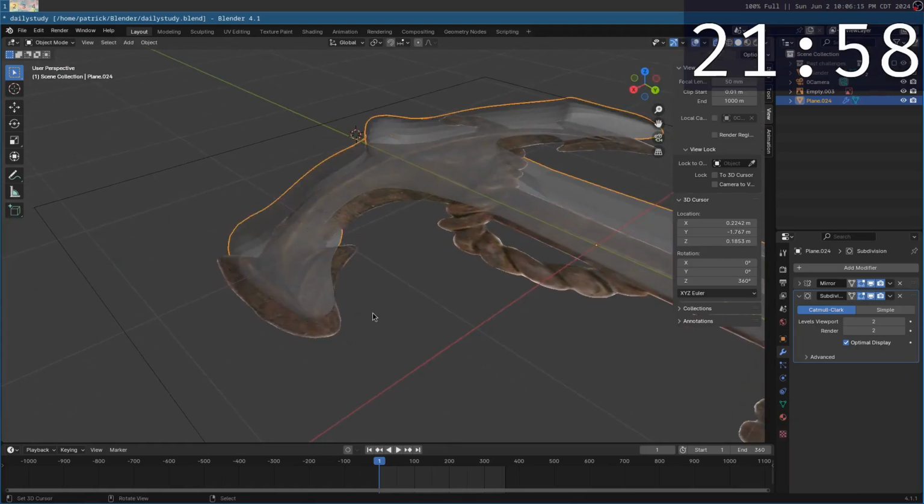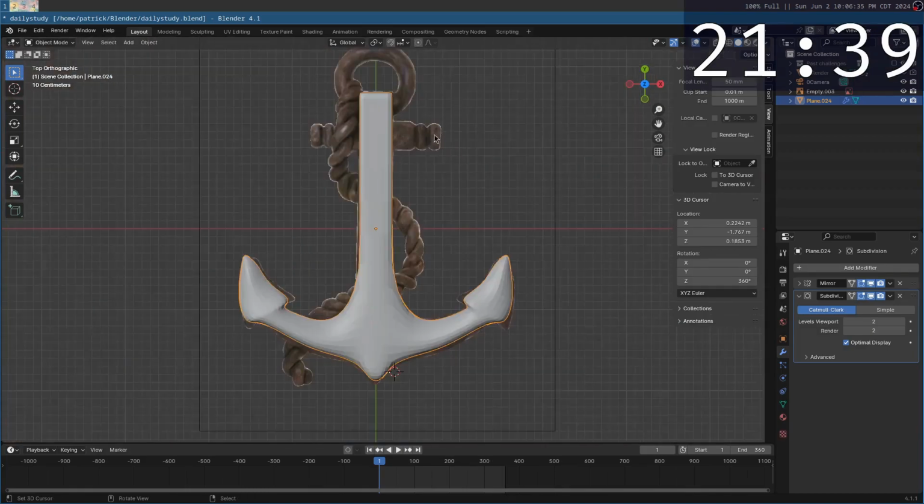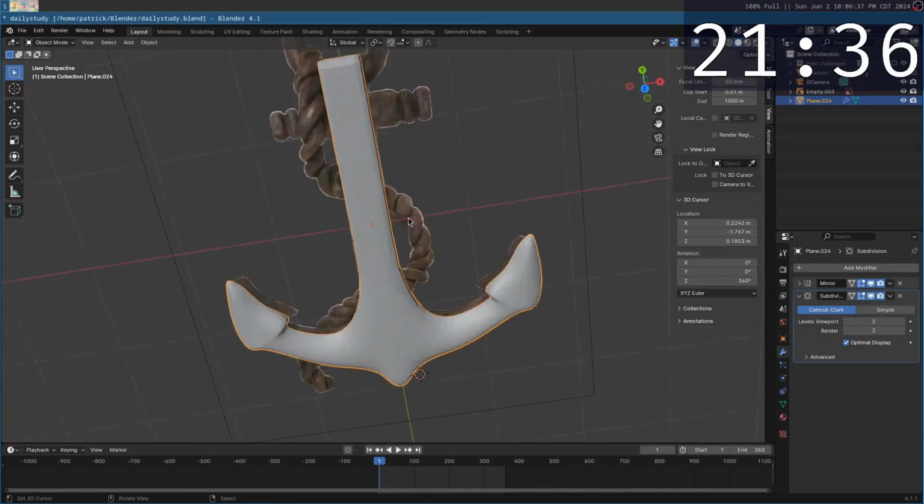So that has a point, this has a point. I can maybe even bring this out a bit and make it a bit sharper, like so. And I suppose I'm happy with that as our base. Now for this